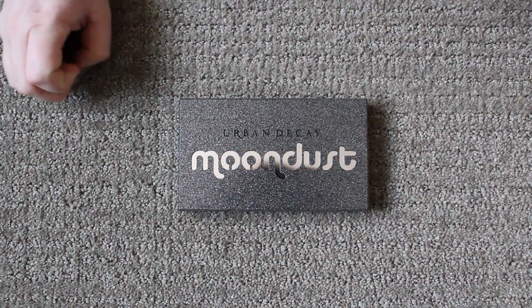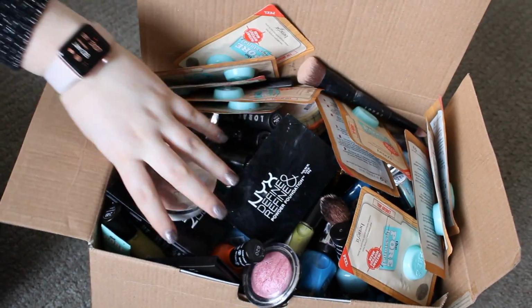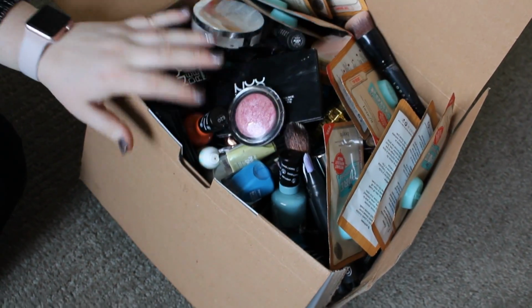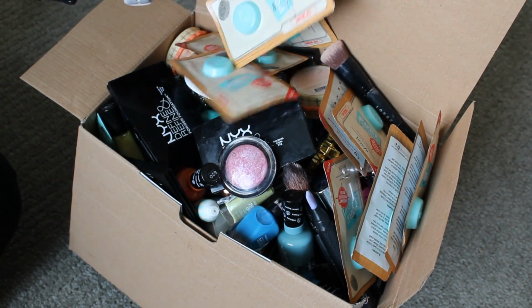Anyways, so we're going to show you all the things that we got in this last dumpster dive from Ulta. This is completely from Ulta. As you can see, we got quite a bit. So we're going to go through it. We're probably going to go through some of it a little bit fast because there's a lot of the same